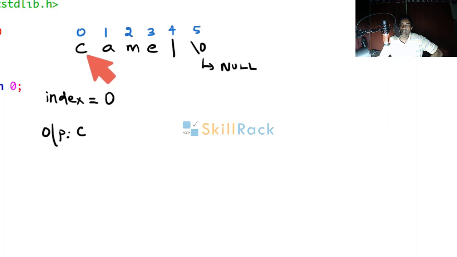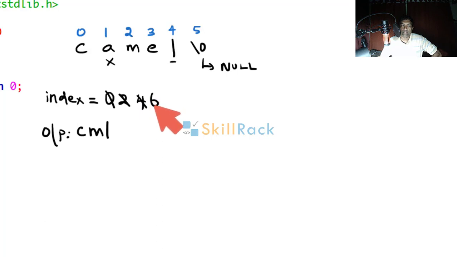So index becomes 2. What is the character at second index? It is M. So M is printed, skipping A. Then again you increase the index value by 2. It becomes 4. Now what is the character at the fourth index? It is L. Then again we increase the index value by 2.